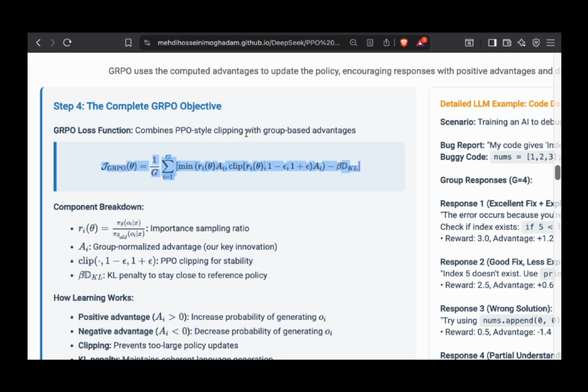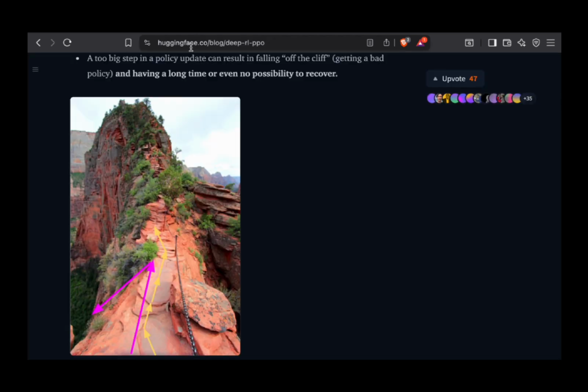And once we update the policy, what we're trying to do is, if the update is too high, we don't want to go too high within a direction. We just want to clip it. And why is it important generally? This is kind of an analogy for it. Imagine that, okay, this is the